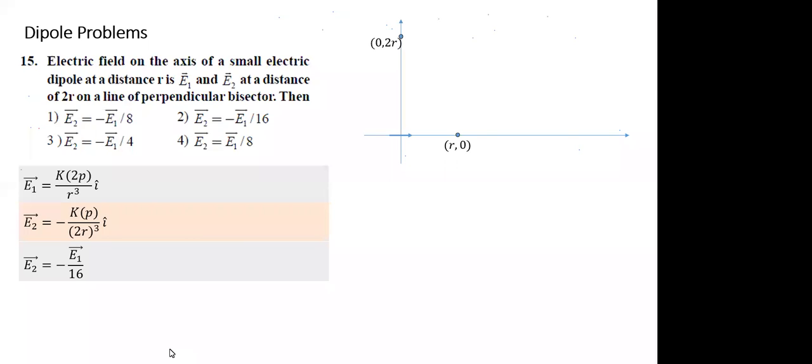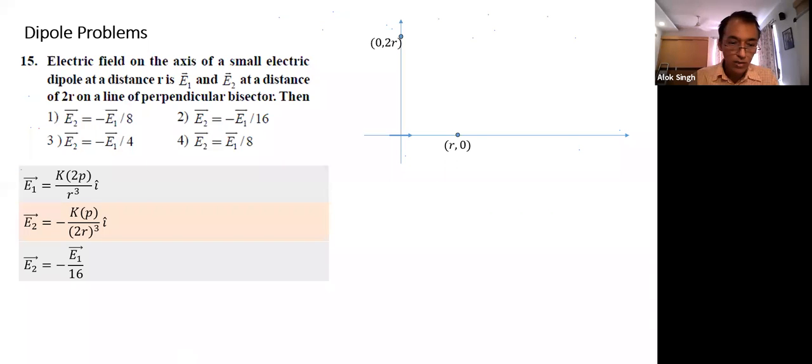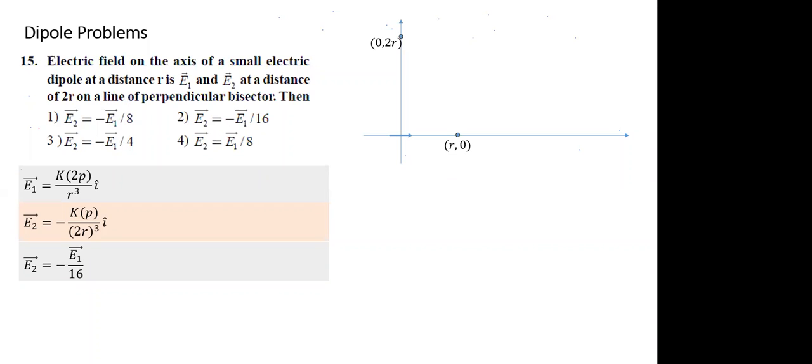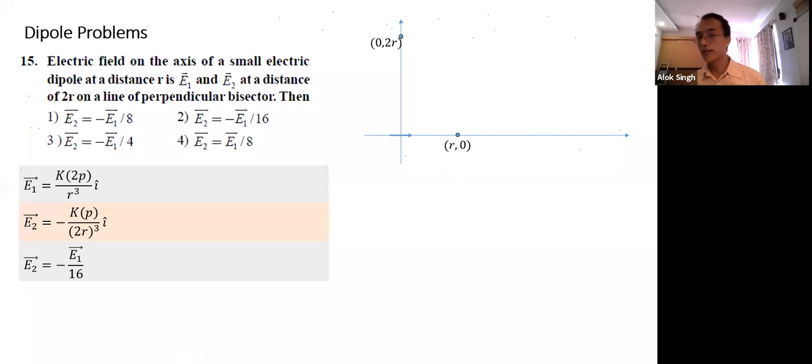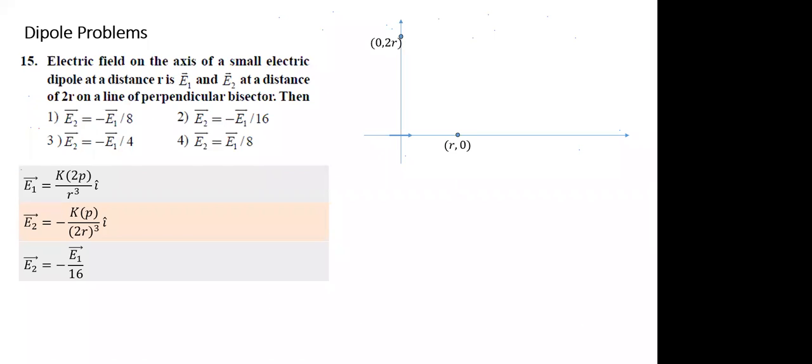Sir, you said potential energy of a dipole is not meaningful? I didn't say that it is not meaningful. I'm saying our definition of potential energy is for the change in potential energy. We use some artificial method, some reference, to arrive at potential energy. Otherwise, the definition is for change in potential energy. Yes, sir. Got it.